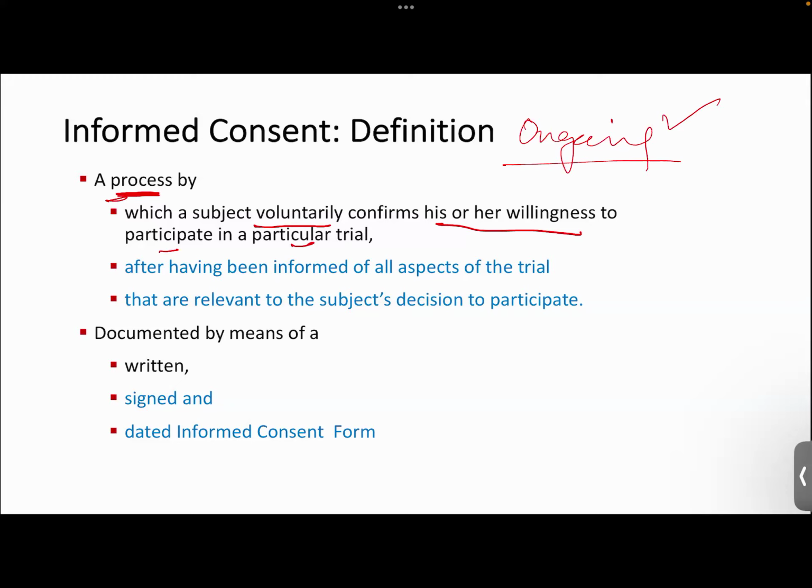They confirm that yes, they are ready to participate only after they have been informed about all the aspects of the trial, good, bad, anything, even a little discomfort, like maybe you are taking a blood sample and someone may not be very comfortable with the needle. And you have shared all the information, and even given them time to make their decision. Let me give you a little detail here.